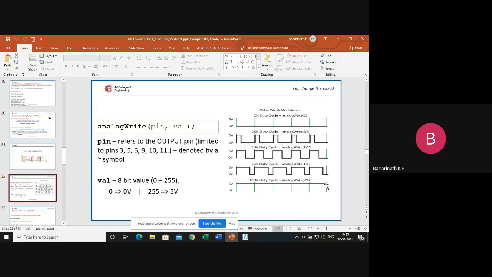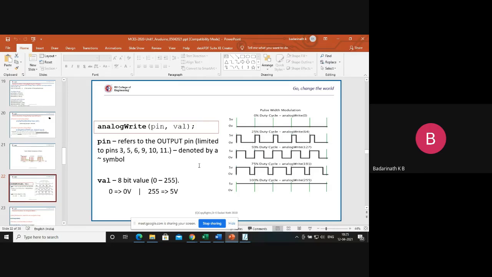If I want to get 0 voltage, analogWrite, the pin number, comma, the value should be 0. 0 means 0 voltage. To get the maximum, I write 255. Now, by varying the value between 0 and 255, I can vary the voltage between 0 and 5 volts. So whenever we vary the value between 0 and 255, what will happen? Automatically, this function changes the on time with reference to what?